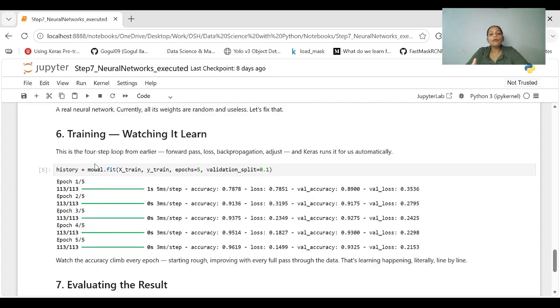So all the four steps which we have learned, forward pass, loss, backpropagation, and adjustment, Keras runs automatically. In code it looks very simple, three or four lines. You can get this code anywhere on the internet, but you need to understand the mathematics and the thinking behind neural networks and deep learning.